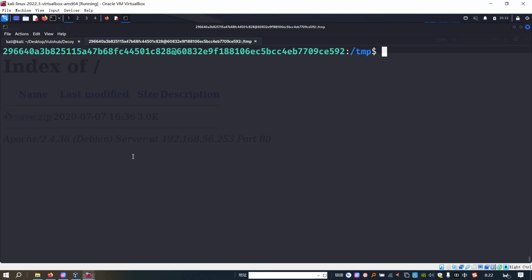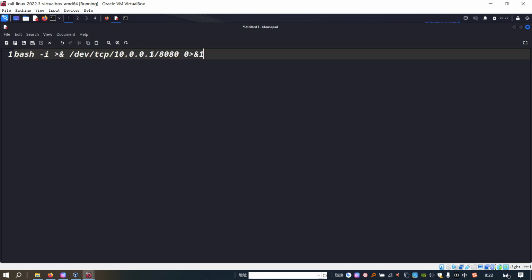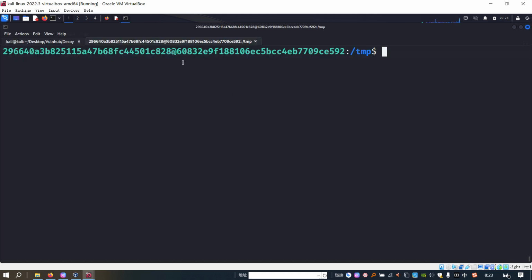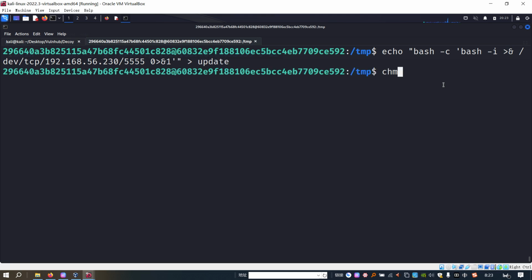We can copy and paste it in here. We need to change its IP address, and also the port number, I'd like to change it to my favorite one. Now we can copy and echo. We need to use double quotes to close it up into update. We must use this name, and we can change the mode of update.